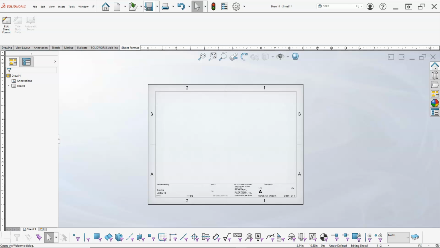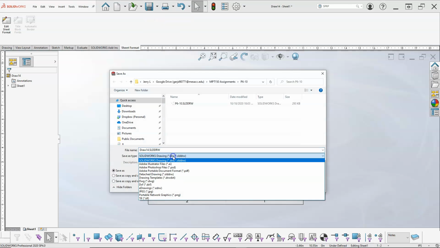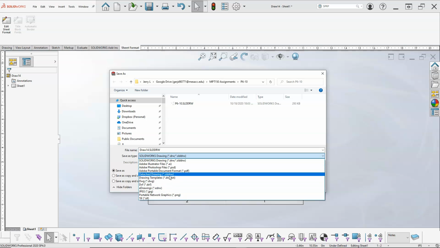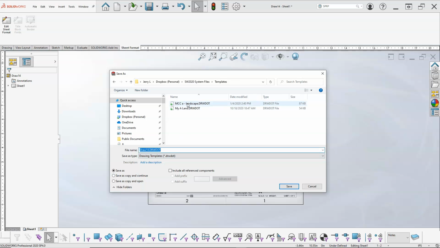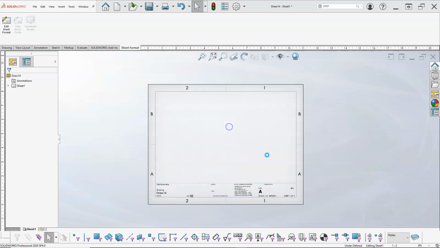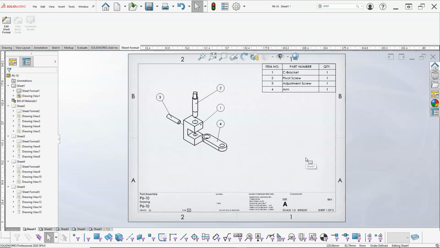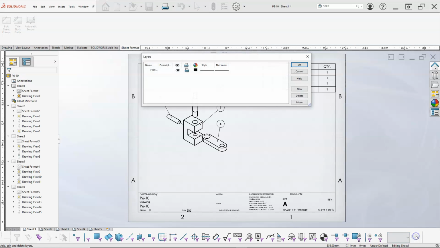So come up and do a file, save as, and bring it down to the drawing template. Yes. Okay, so it's not going to update anything on the current drawing. I would have to create it, and the purpose of the template is I don't want to create it each time. But so the dims,